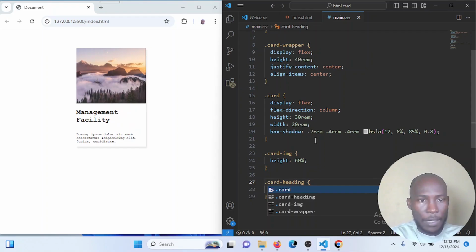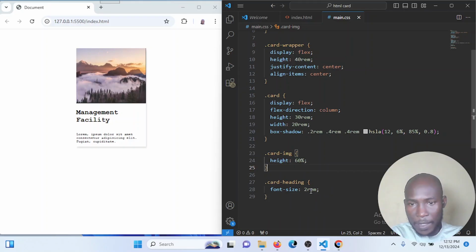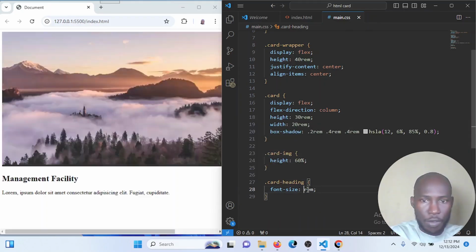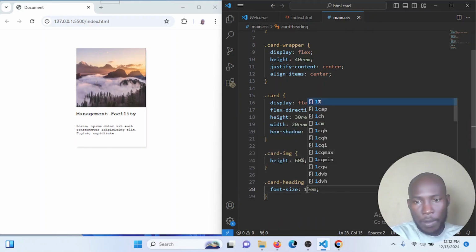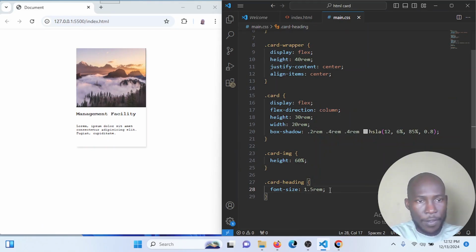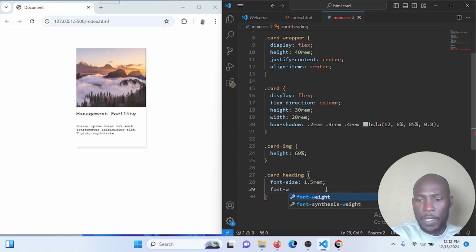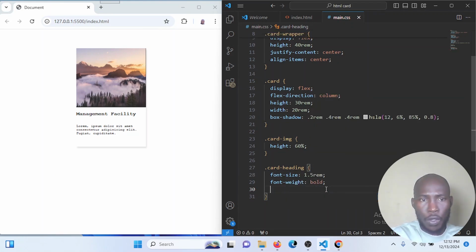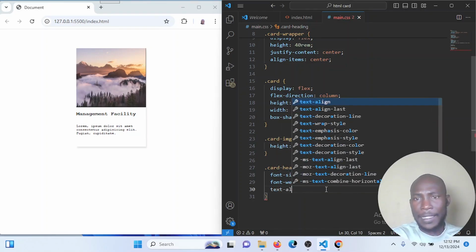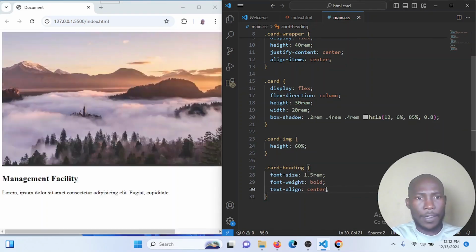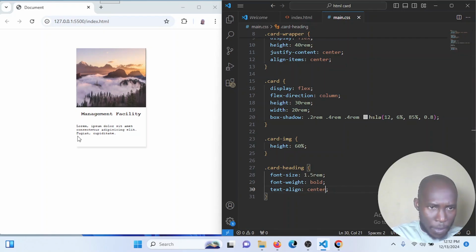Card heading 2, good. Let's add it. The 2 is too much, so let's say 1.5. Okay, 1.5 is okay. Now say font weight. Let's say bold. Then we now have text align center. Cool. So let's work on